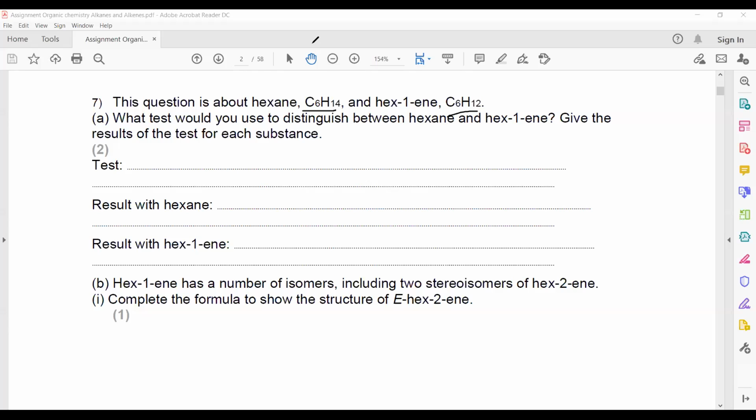We can add bromine water, or aqueous bromine, to hexane. Because the bromine water does not react, there is no visible change. But with hexene, it will react and the orange color will disappear, or it will decolorize the bromine water. The next part,